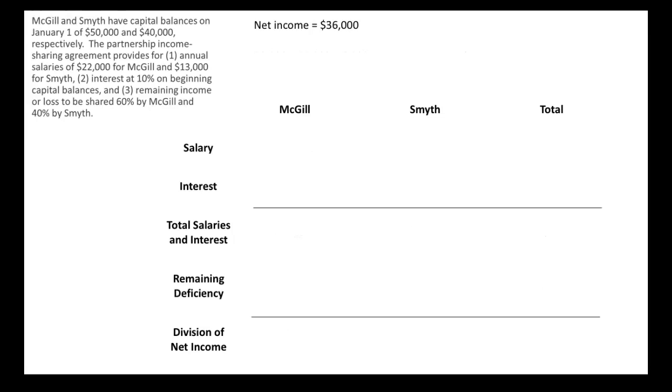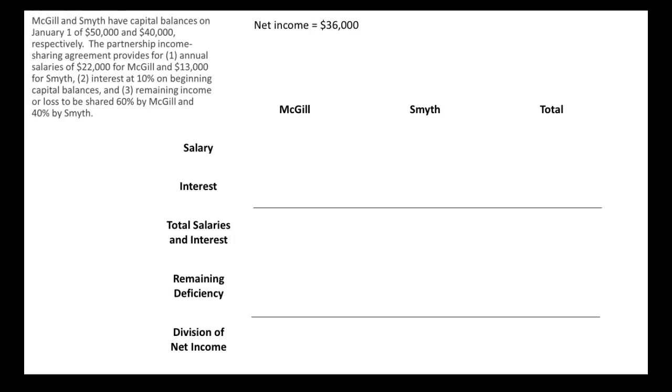All right, let's say they didn't have as successful of a month. And instead of making 50,000, they've only made 36,000. What do we need to do? Well, we make another one of these tables. And it's going to be set up pretty similarly. You'll notice one change. Instead of remaining income, we're going to have what's called a remaining deficiency. And we'll talk about what that means when we get to that point in this example.